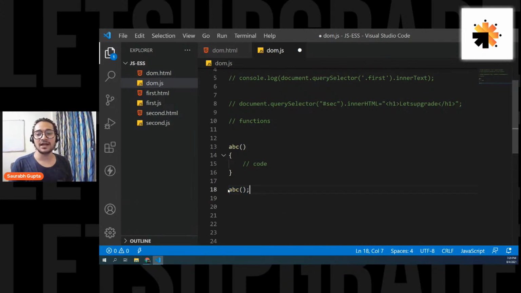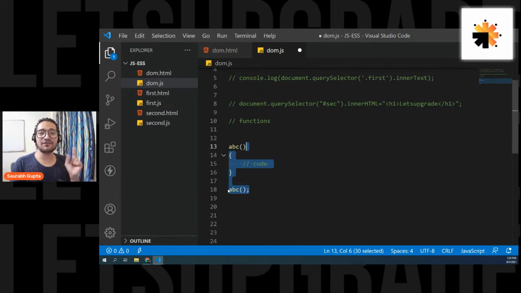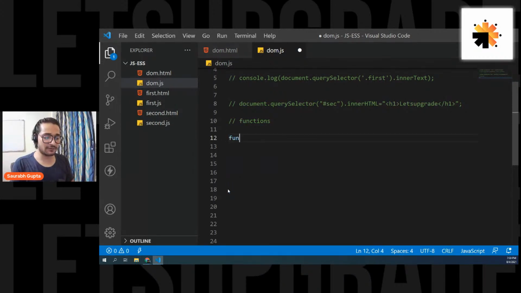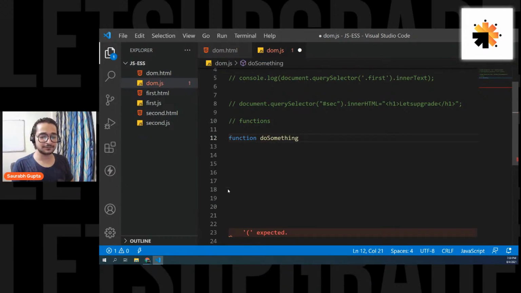Okay, now guys, let's see how to actually create a function in JavaScript. So now you know the concept. A function is nothing but a block of code, related code, which does not execute by default. When you want to execute it, you have to call that function. Now I'm going to show you how to create one. In JavaScript, you use the keyword function and then give any name. Let's call it doSomething. Remember, after the name you have to put parentheses.